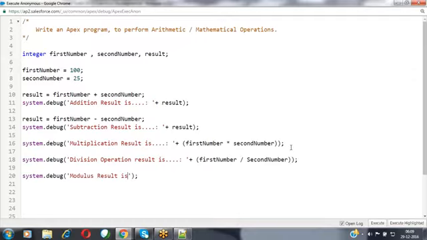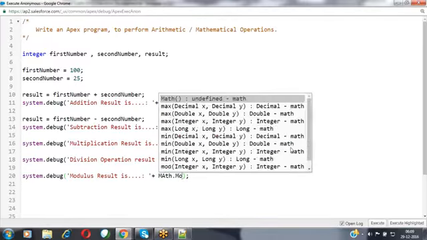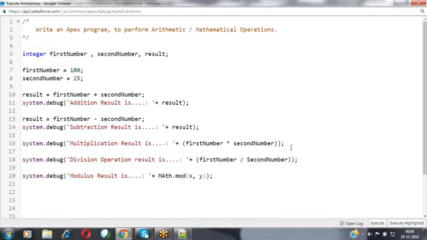Modulus result is, and in order to perform that operation we are using the method called Math.mod. In that Math.mod, we have to pass the two values based on which you would like to find the remainder value: first number, comma, second number. This is the way we can write the code.